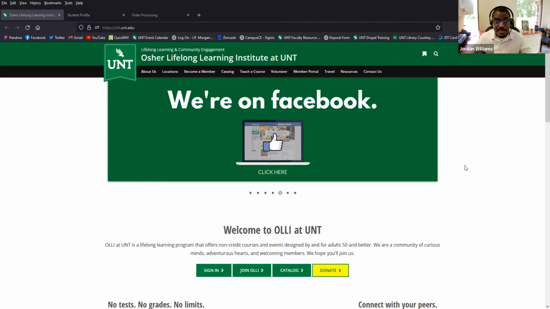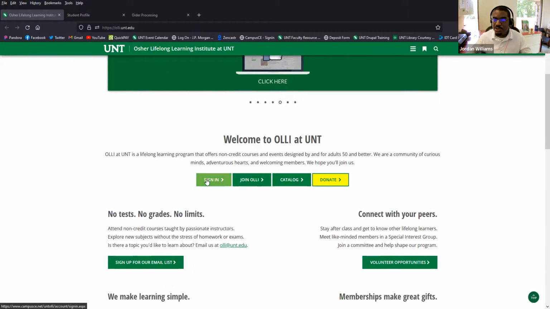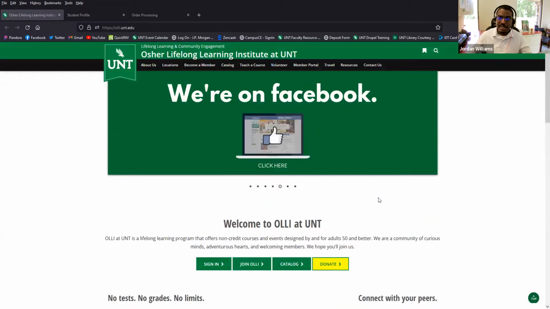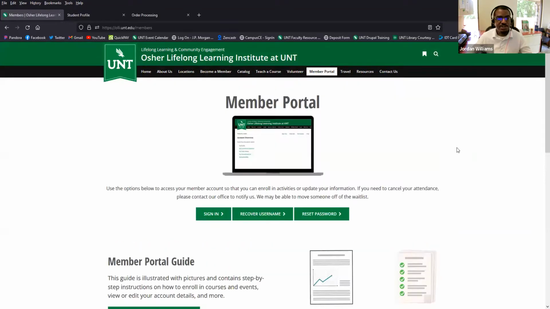But if you're on a mobile device and your screen is a little bit smaller, you may not see this black bar of menu options. Things tend to get compressed on mobile devices. So if you scroll down, you should also see this sign in button, and that will take you directly to the fields where you can sign into your member account. So that's another option for you as well. But I'm going to go ahead and click on Member Portal to again go to